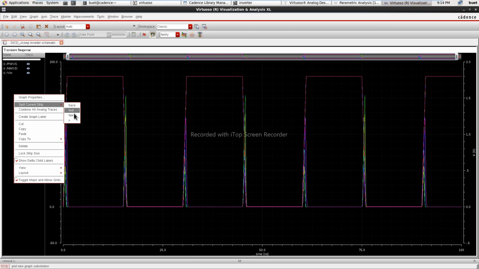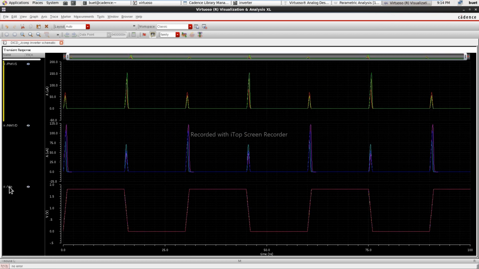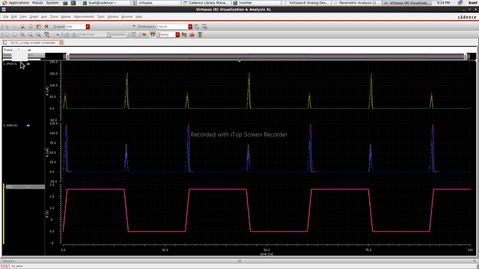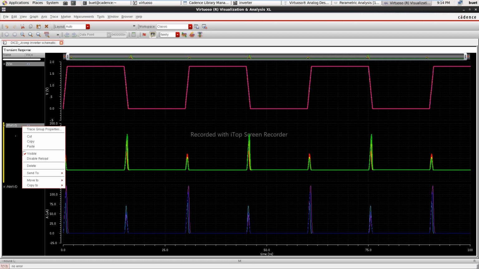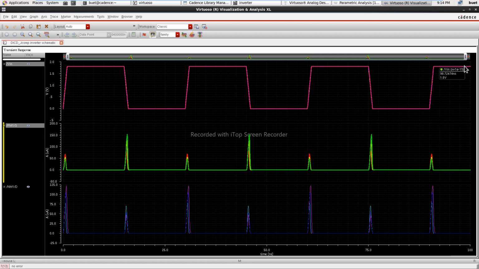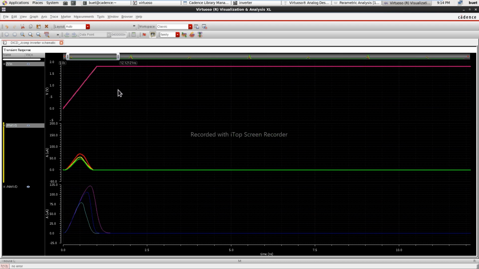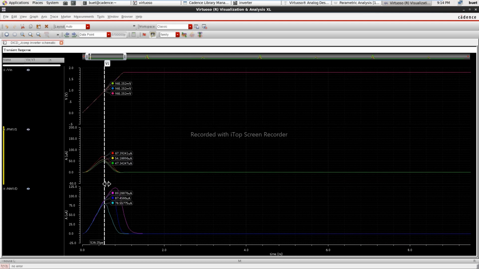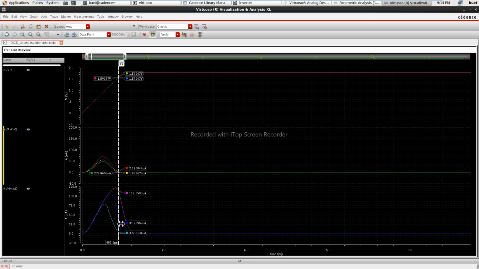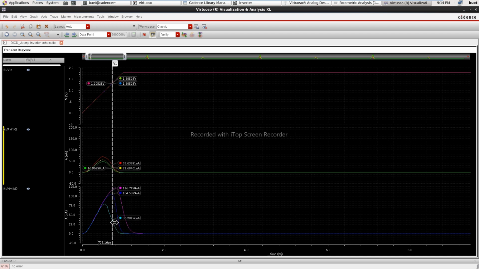Split into family. I'll drag this Vin to top. I'll split these currents. You can see, right? So if you see the NMOS current, actually, they have asked only the total current for varying load.